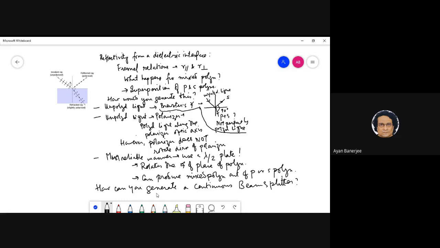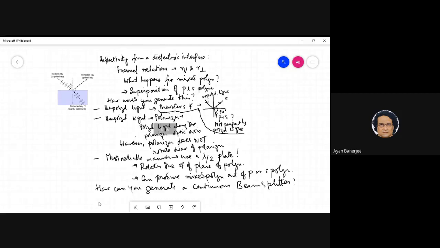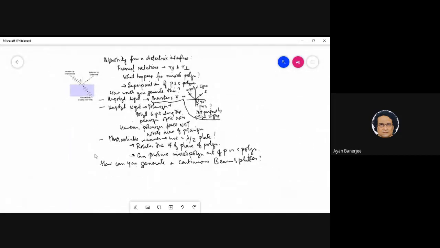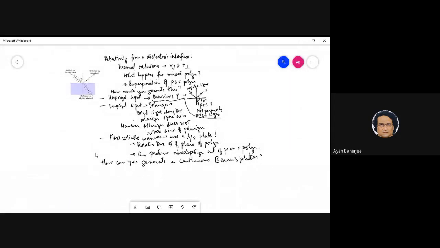Maybe I'm compromising the time on the optics of metals, but I think it is important that you understand, because we are not doing face to face, and I want you to understand whatever I'm teaching. We have to get these concepts inside you. You understand what I'm saying, right? So suppose I want to vary the transmittance.